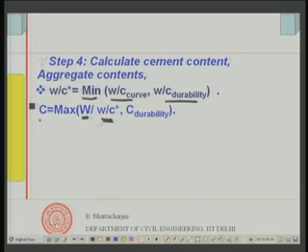So, that is the cement I require from considerations other than durability, and then I look into the cement content from the consideration of durability. Whichever is higher I take as the cement content, because durability gives you the minimum cement content, and this is the cement content I require from workability. So, the maximum of the two I take, and that is the cement content. So, I have now found out the cement content and water content; these two are known to me.